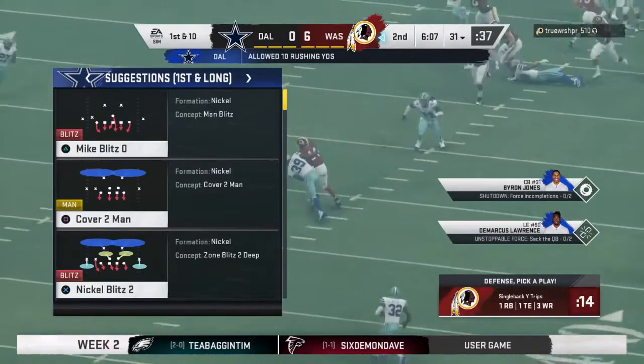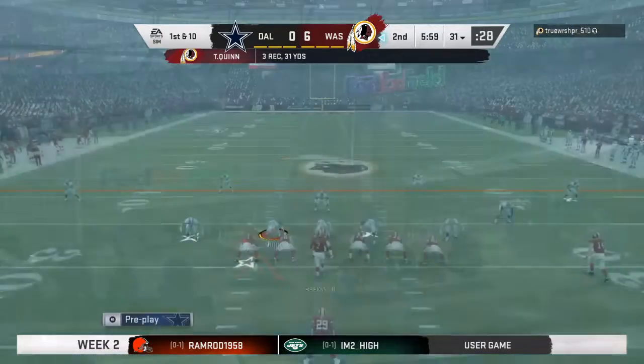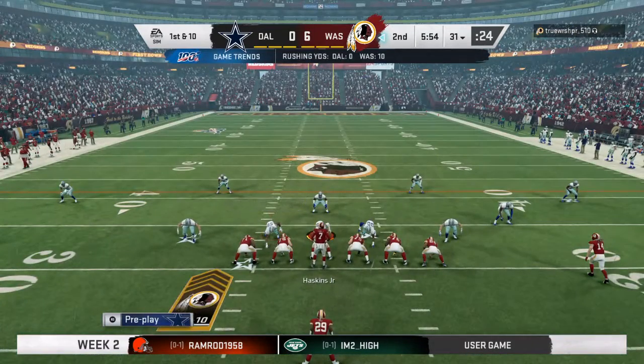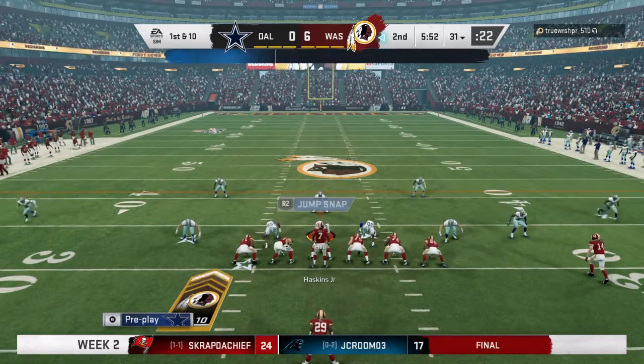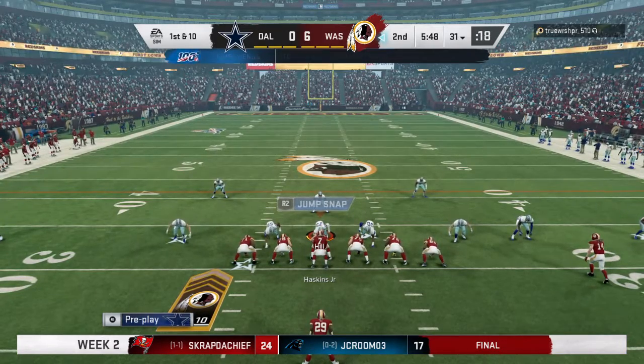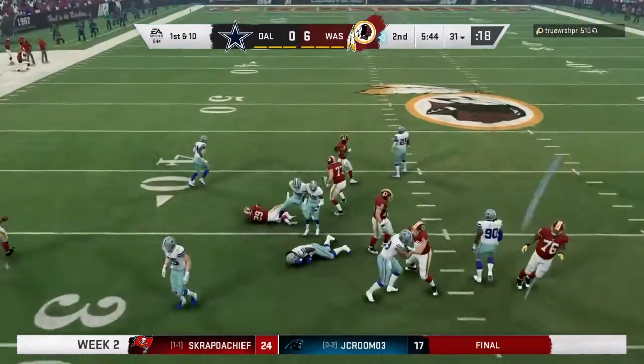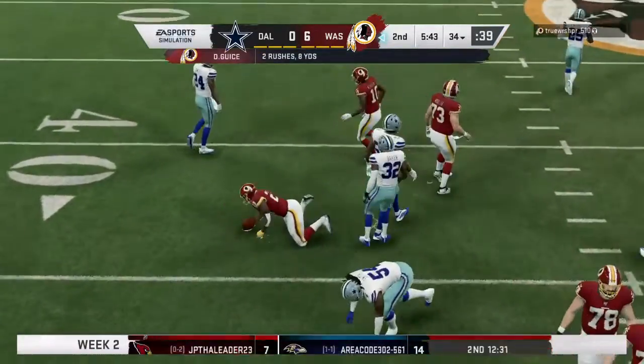Solid way to start the drive, 13 yards, picking up the first. I know many people like to throw to the tight end, maybe in a little flexed out position because he creates mismatches with his size. But slot receivers do the same thing with their quickness, their speed, and their route running savvy. And he'll be limited to a short gain up to about the